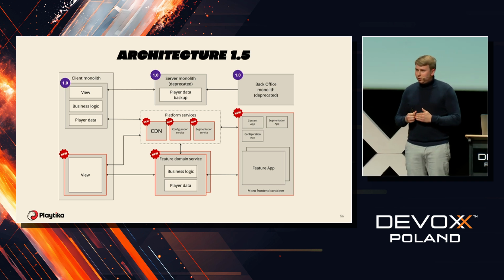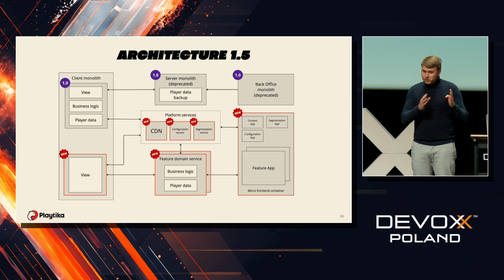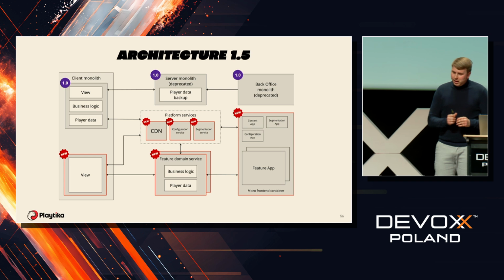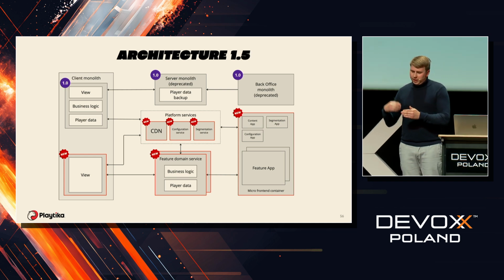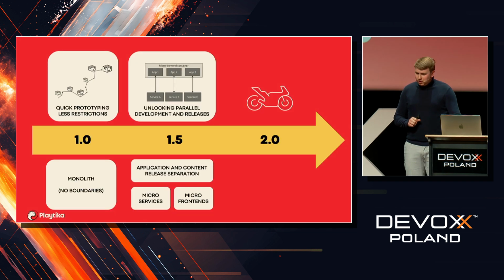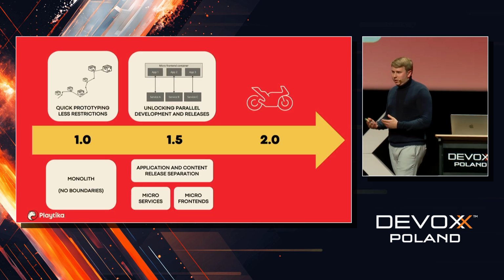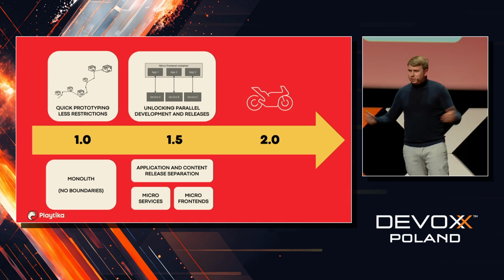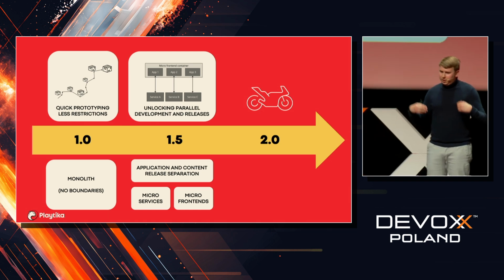So right now, it's not only the tournaments, and the client for these features becomes lightweight, containing mostly Vue. And those domain services are handling business logic and player data. So this is architecture 1.5. The purpose of this architecture was to scale for multiple parallel teams, multiple stakeholders, so we can implement more